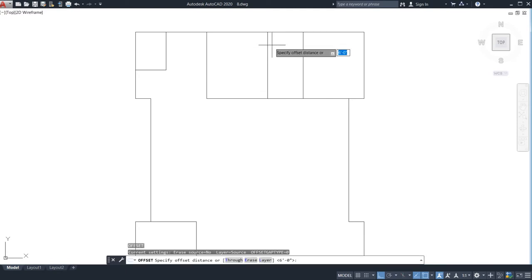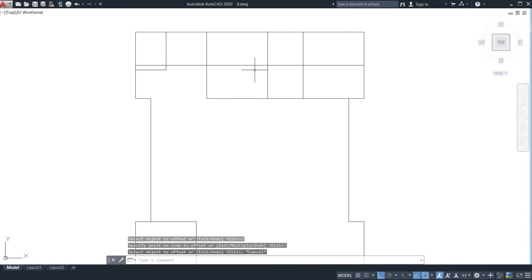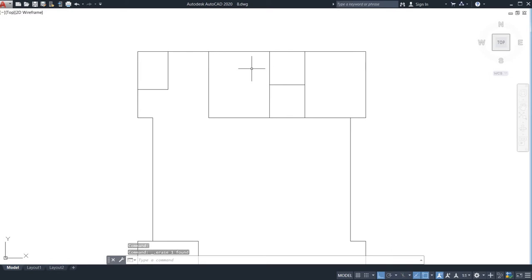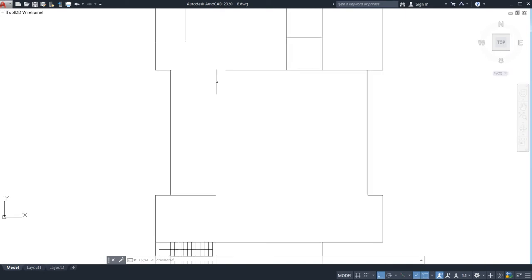Go for offset, and this is my line diagram, just mind it, because I do not have any exterior walls attached here, because I do not consider walls here. So just go for this and select it. Now delete it. So this will be my toilet, meaning washroom, for this room, and this is for this room. This is my washing area and this is my WC. WC means water closet.